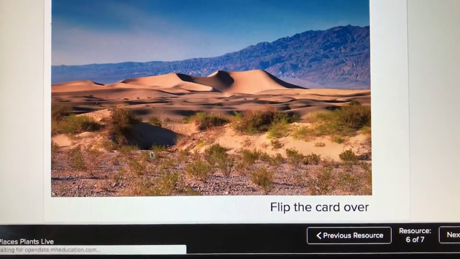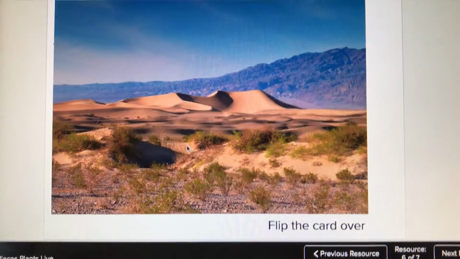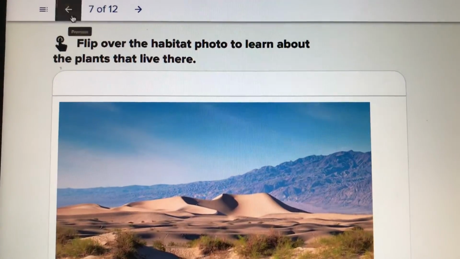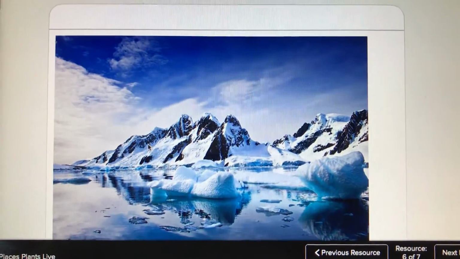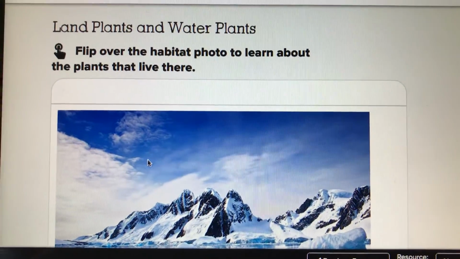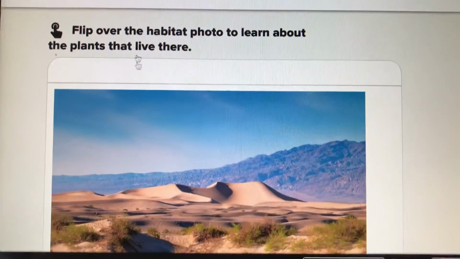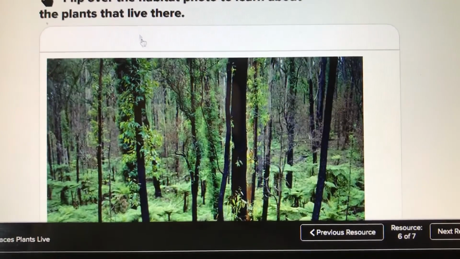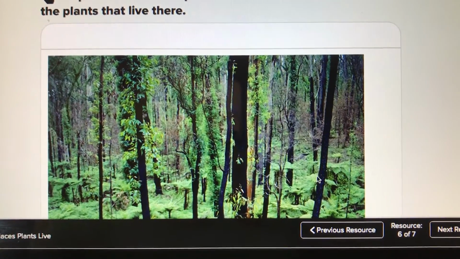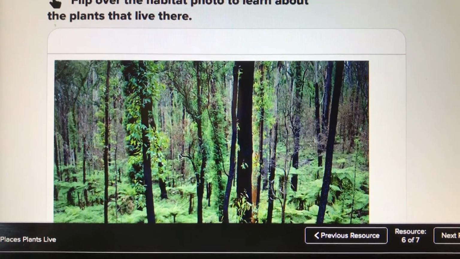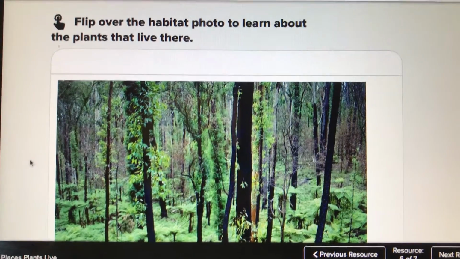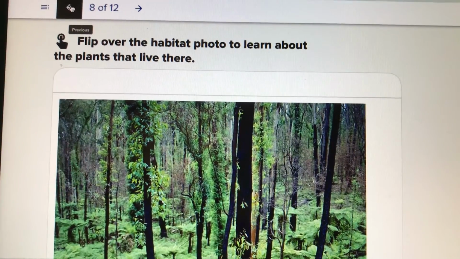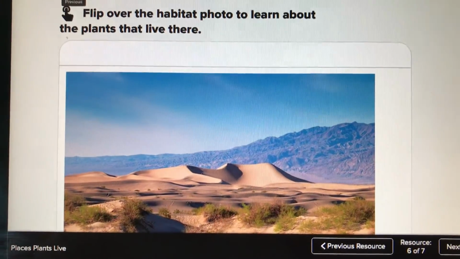So I want you to see the difference between these plants here in the desert and also in the Arctic where it's very cold. The plants are very low to the ground so that they can not be too exposed to the elements. And then if you compare these plants that are staying low to the ground to these plants in the forest that are growing so tall with big broad leaves, you will find that plants are growing in different places, and the plants will look very different depending on where they are growing, because it is the habitat or environment that meet their needs so that they can continue